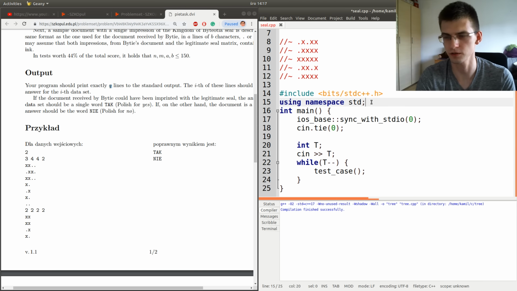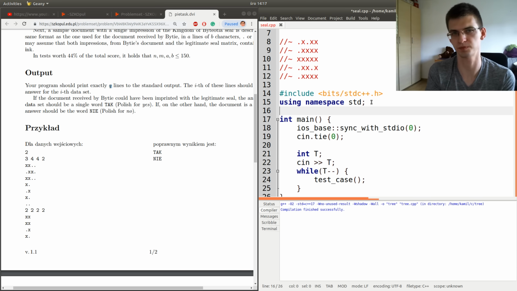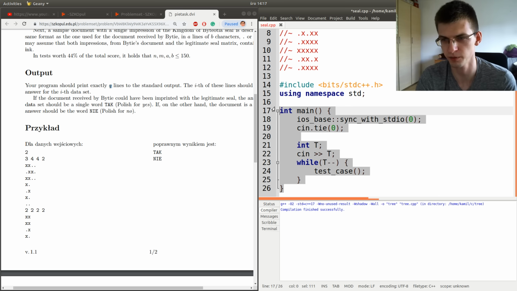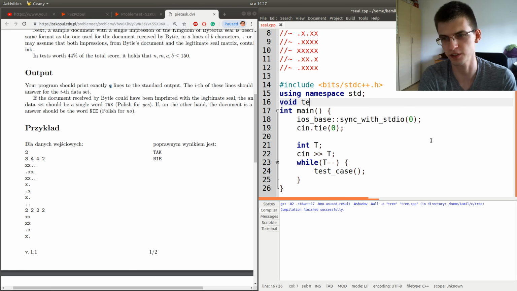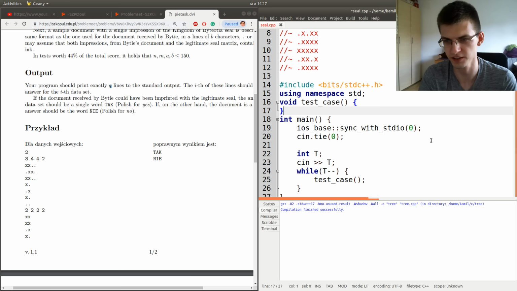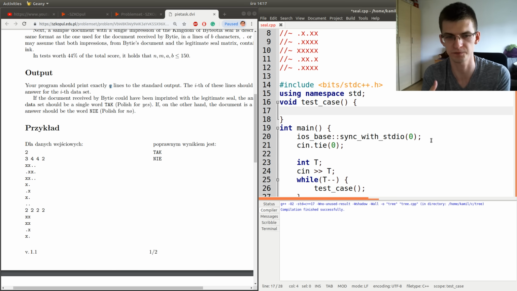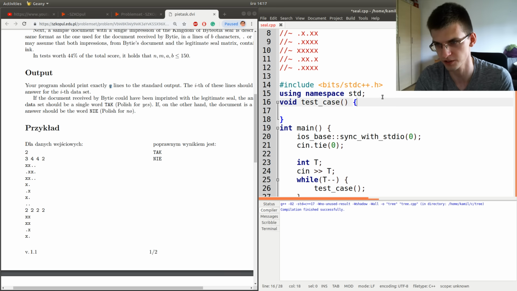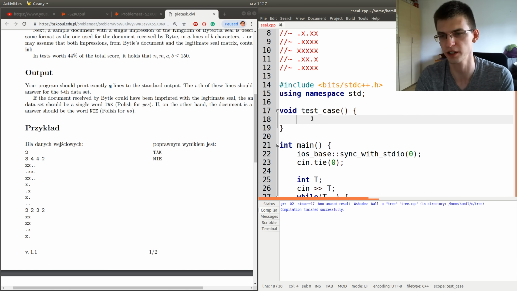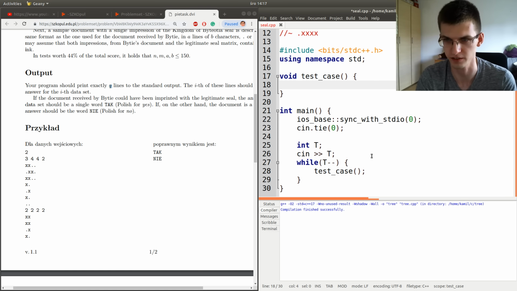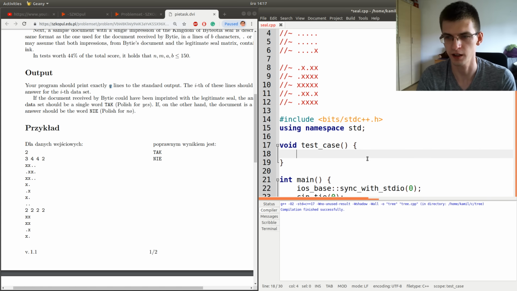It's good to extract the test case processing into a separate function, not to have everything in main here. Now, if you just have a function here for one test case, you don't have to worry about, I don't know, clearing things between different test cases. You just have to focus on this one. So it's generally a good practice to create functions wherever possible, because they do something completely separate.